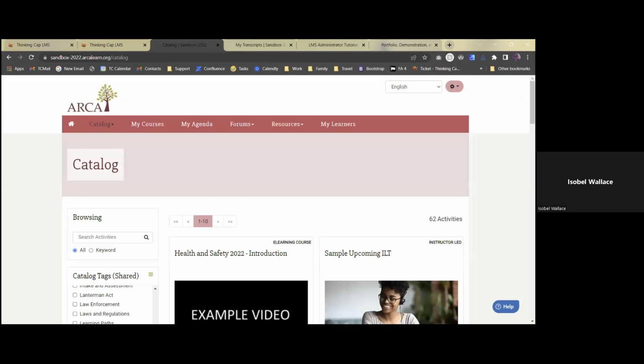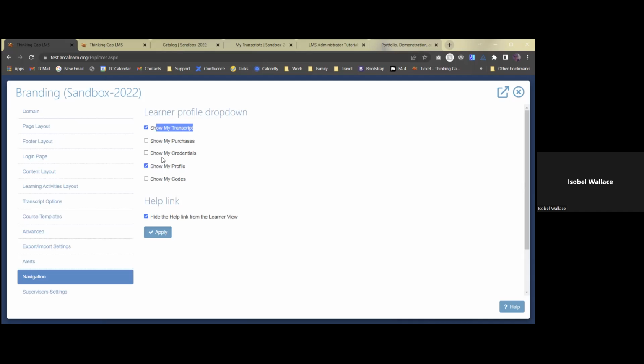Navigation looks at what is appearing in this drop down here. So my profile, my transcripts is what I have selected. Transcript, my profile. You can also select, if you're selling courses, to show the My Purchases option. And then if you're starting to get into credits, you can also show My Credentials. I would probably hold off on that